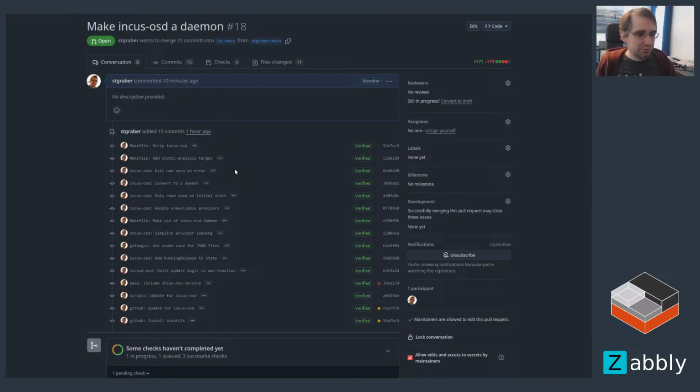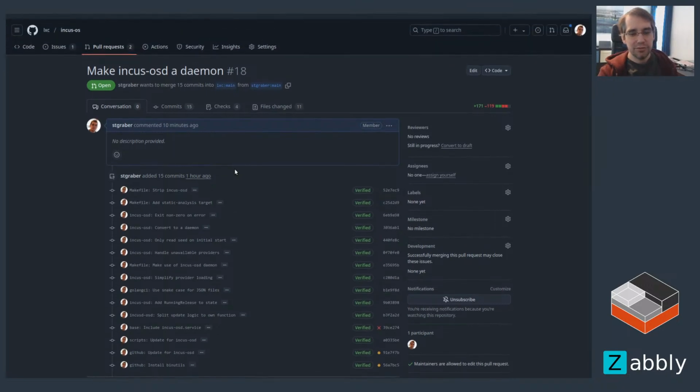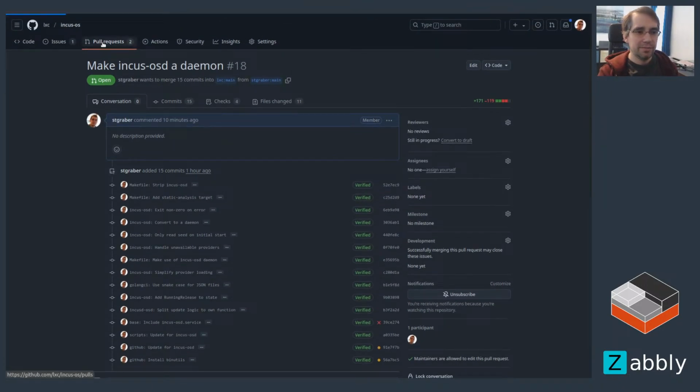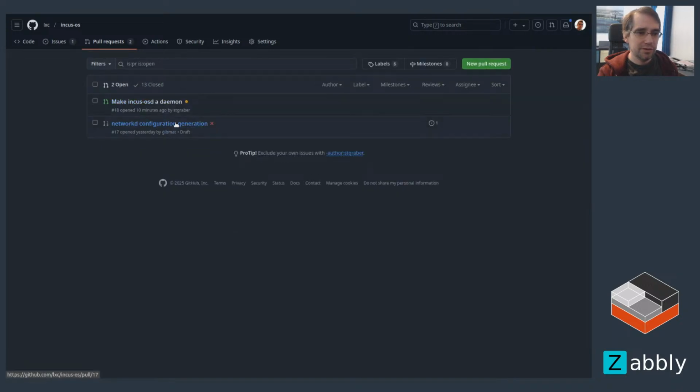I think that was pretty useful to kind of tidy up a lot of different pieces. And also now making it so that on GitHub, the notable release will effectively use incus-osd. So if it gets started in a VM, it will just automatically pull and update its packages and just set itself up and be operational. I'm really looking forward to Matthias completing the work on the configuration generation piece, because once